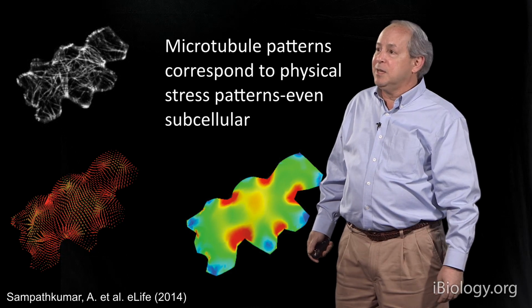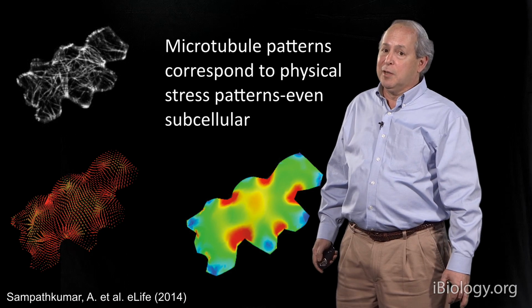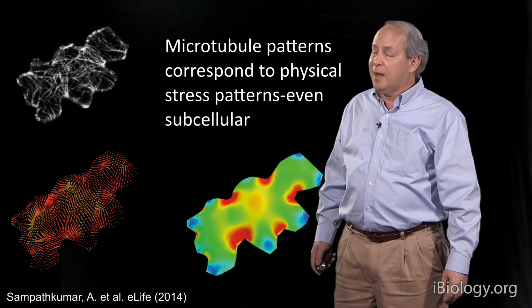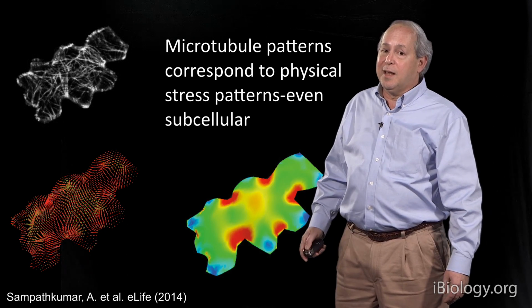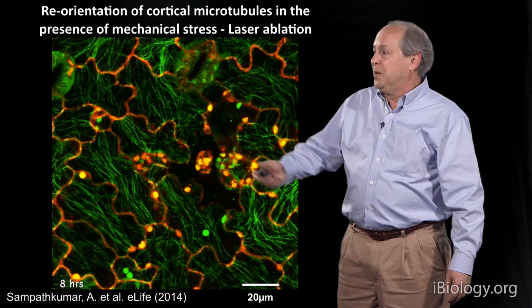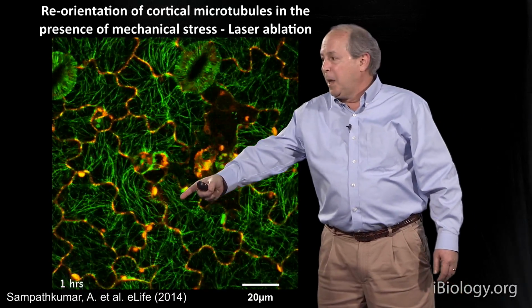And so it's an indicator of mechanism that tells us that in the case of the microtubules, it's something local within the cells that's sensing stress and not the entire wall, while for PIN1 it seems to be something in the wall and it does not have to be local. We can do the same sort of ablation experiments with these cells as we did before